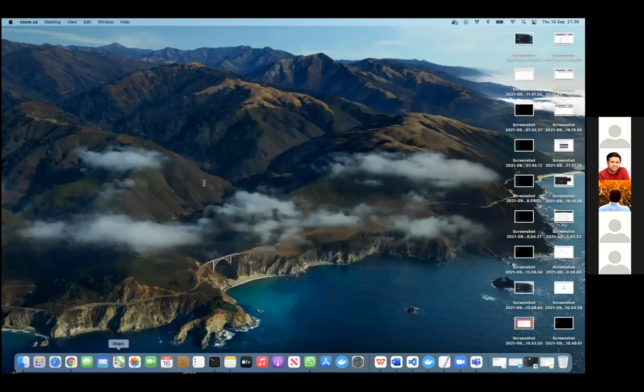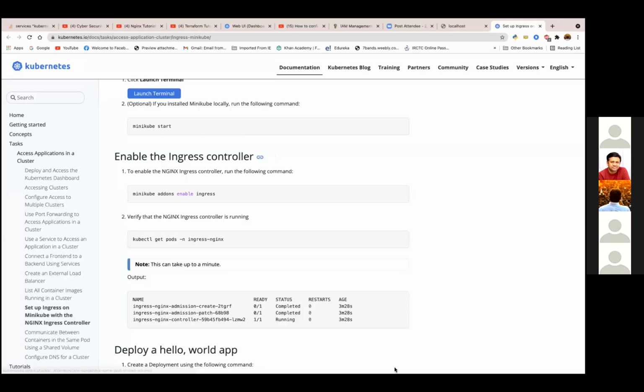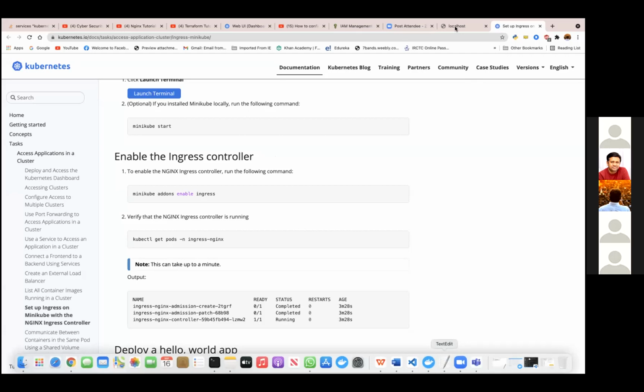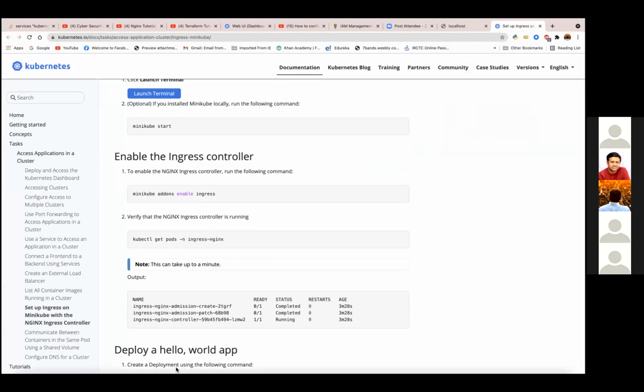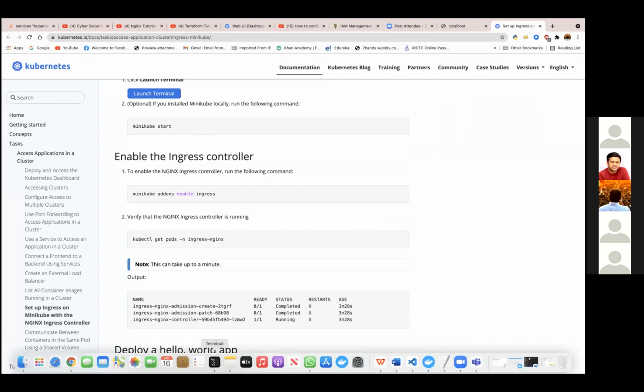Go to your Docker at the top. Now click on Kubernetes. Just wait. Yeah, it's the minikube context. So see, this is the thing, guys. Now it is running in minikube context, which is fine. So all the commands will run on minikube. Now go back to your command line and see what is happening.